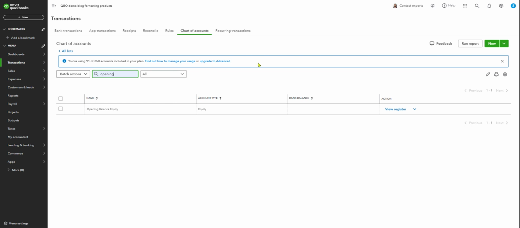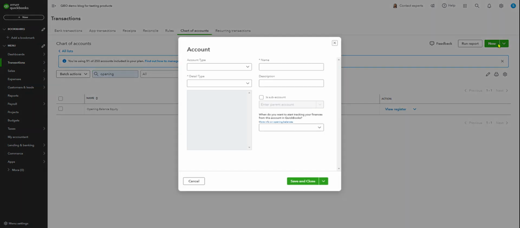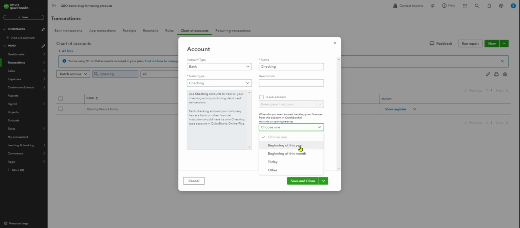Now what happens is whenever you set up an account with an opening balance, let's just say a bank account. Let's say I'm setting up a checking account, and it will ask you, when do you want to set up this? Is it today, or put the balance there, what could be,